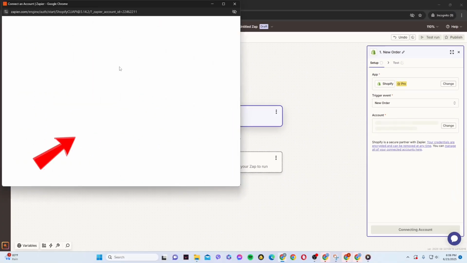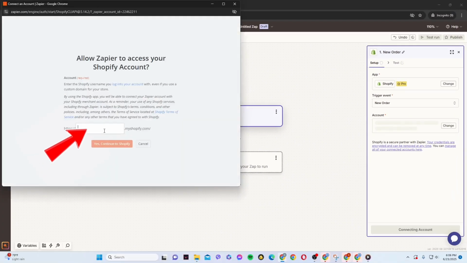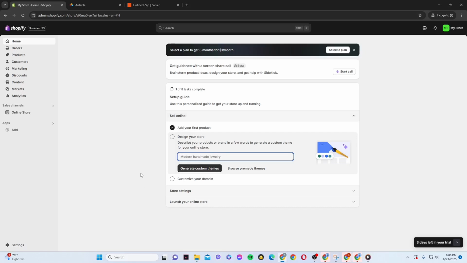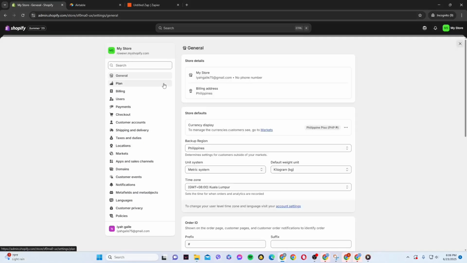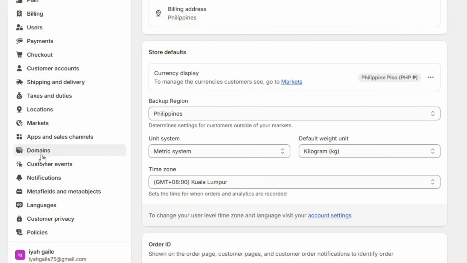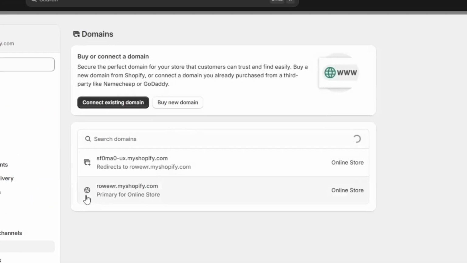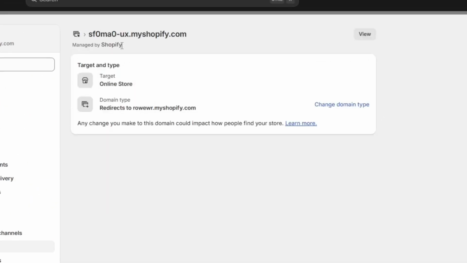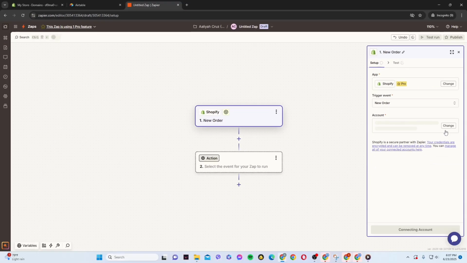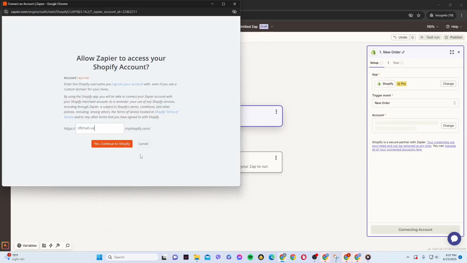And in here, you need your Shopify domain. So go to your Shopify account, click on Settings on the lower left corner, then go to Domains. Now choose your very first domain, then copy this and paste it on Zapier and click on Yes and continue